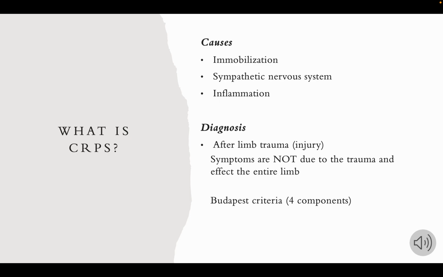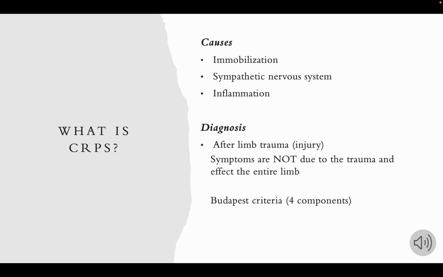An overall diagnosis of CRPS is typically assessed using something called the Budapest criteria. There are 4 components to this criteria. The first one is continuing pain that is disproportionate to the stimulus provoking the pain. Second, the patient has to report 3 out of the following symptoms: sensory, which would be increased sensitivity; vasomotor, which